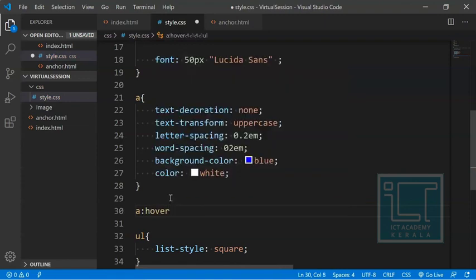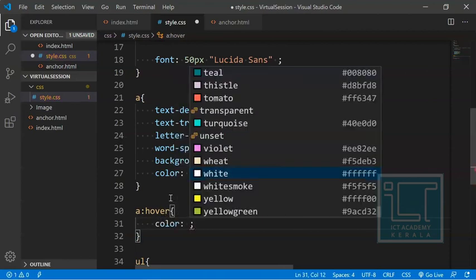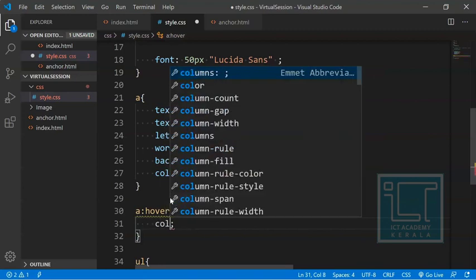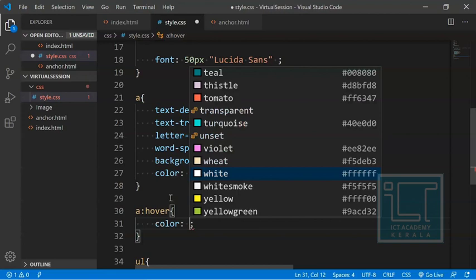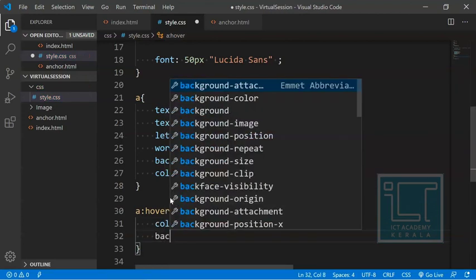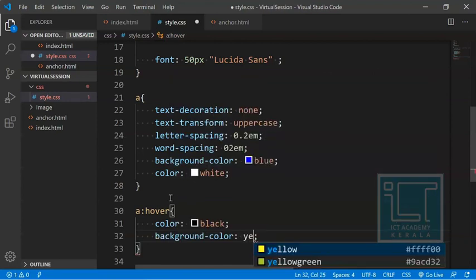If I'm going to hover only for the A tags, inside that I can place the color. While hovering, the color should be white only, or we can change it to black. Fine, color should be black. Then background color should be yellow.